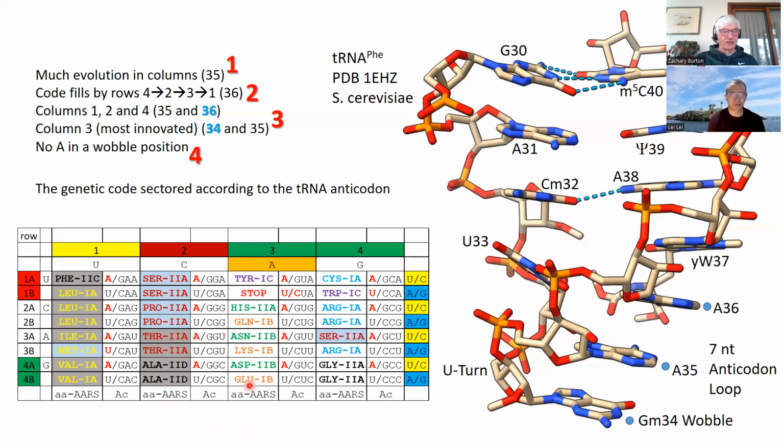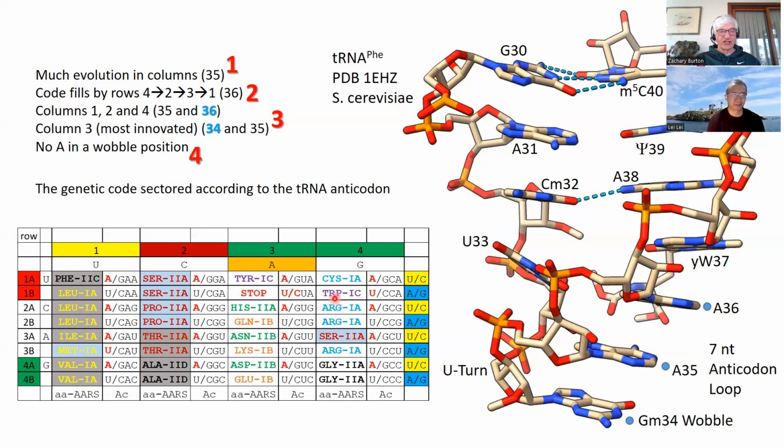Here you have orange, green, orange, green, orange, green. That's kind of an interesting pattern. You have lots of amino acids encoded in column 3. This is related to that, is related to that. This amino acid is closely related to that one. Here you have a 2B, a 2B, and a 2A enzyme. I'm going to say that this used to be a 2A enzyme and evolved to a 2B enzyme to suppress translation errors, and then this enzyme evolved from that enzyme.